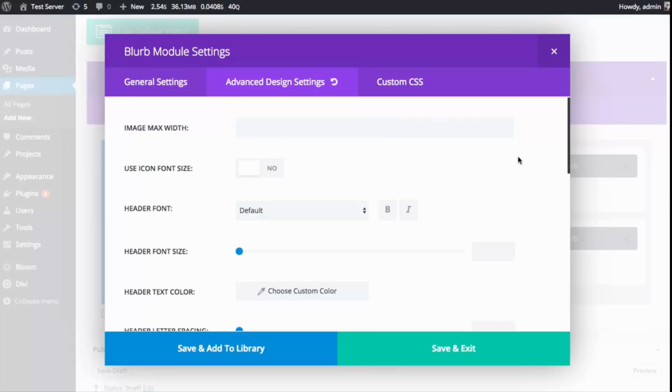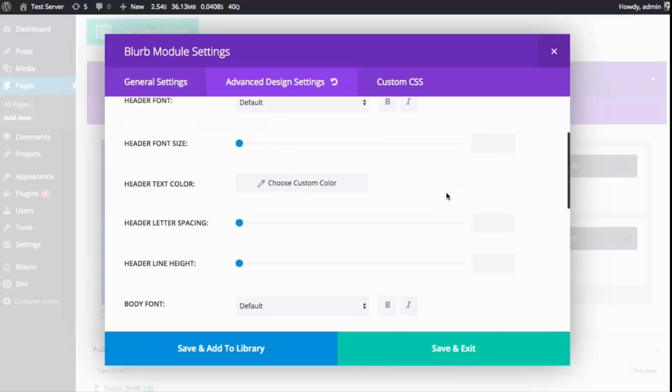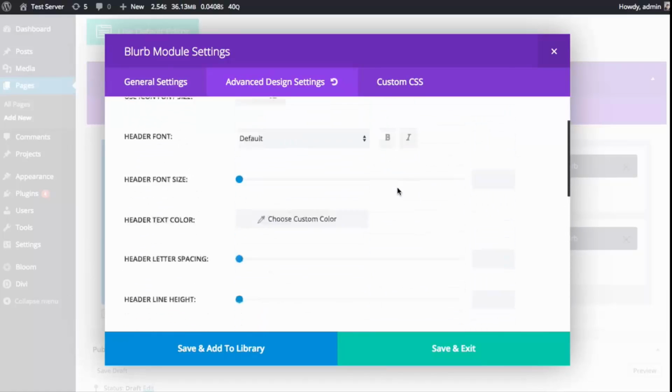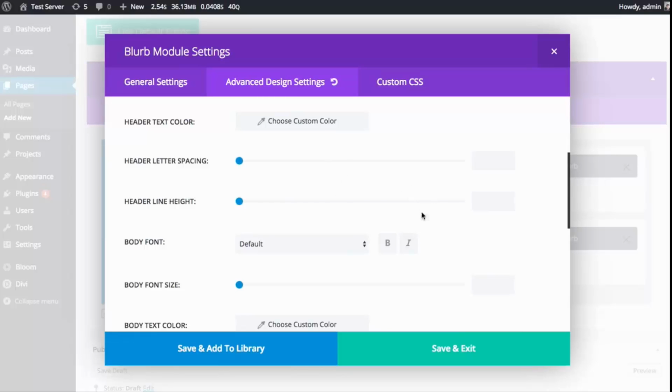And down the road, I want to use that same exact module as a starting point. I don't want to have to reconfigure all those advanced design settings and custom CSS settings. I just want to save that for later use. Well, that's a perfect way to use the library. So I'm not going to go through the time of configuring all these options, but let's just say I've spent a lot of time on these advanced design settings and it looks great and I want to save this for later. Well, you can do that by just clicking the Save and Add to Library link,